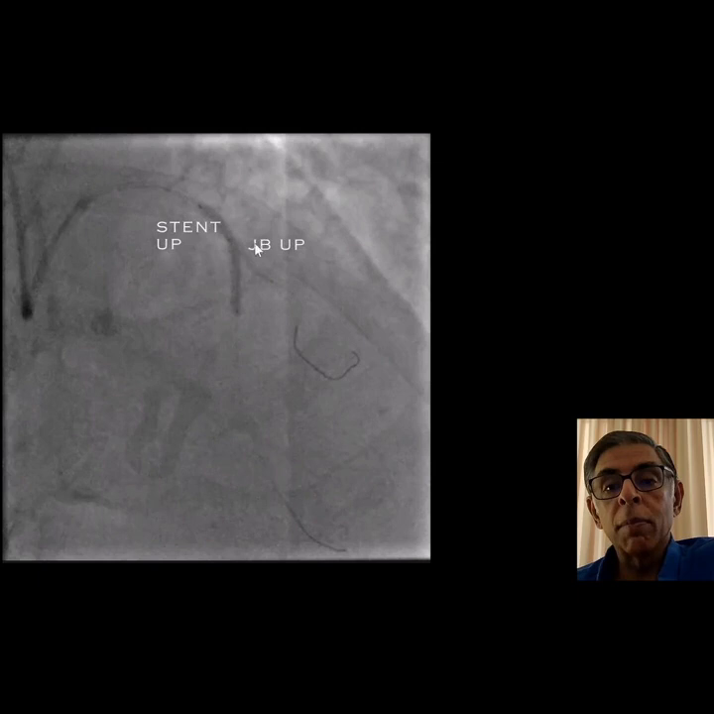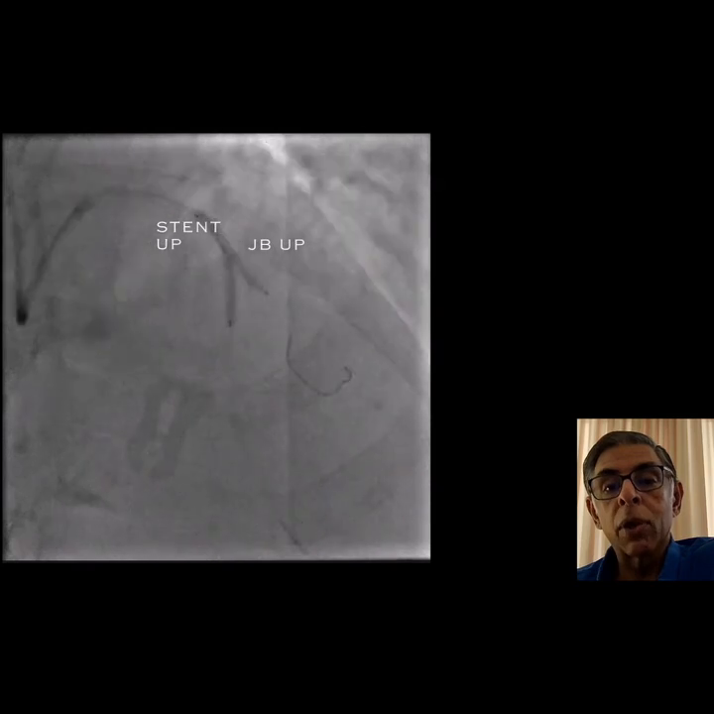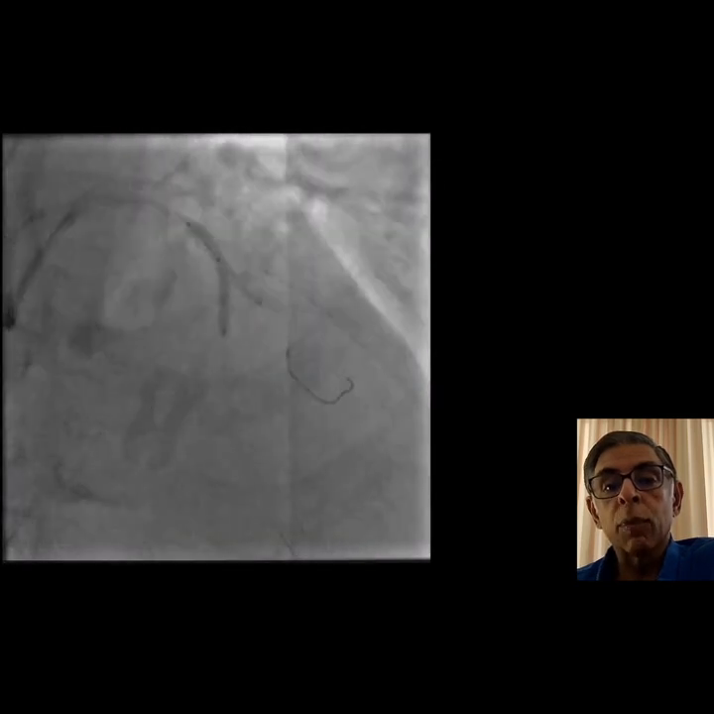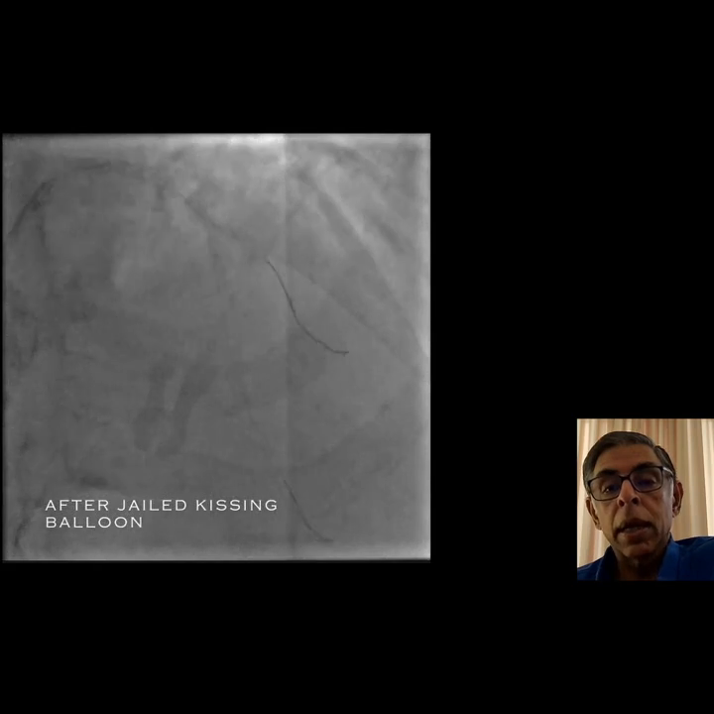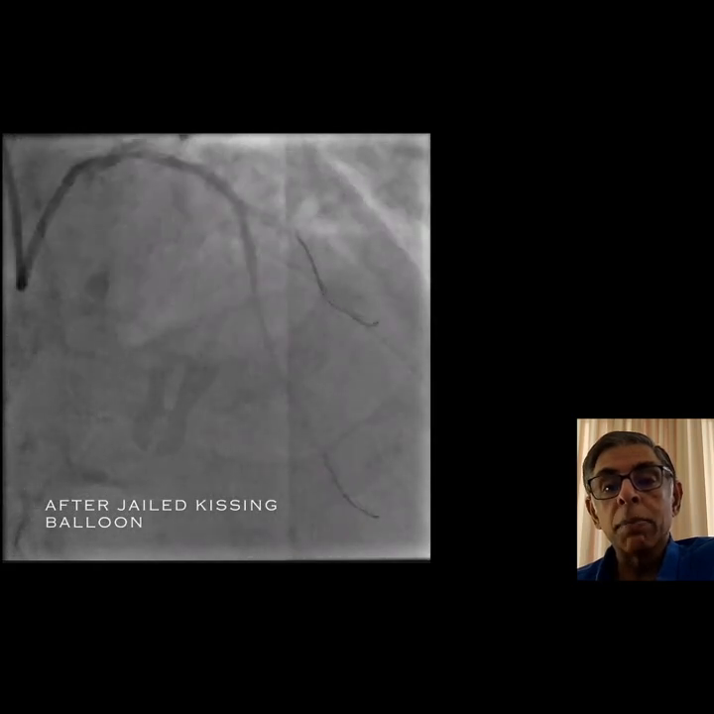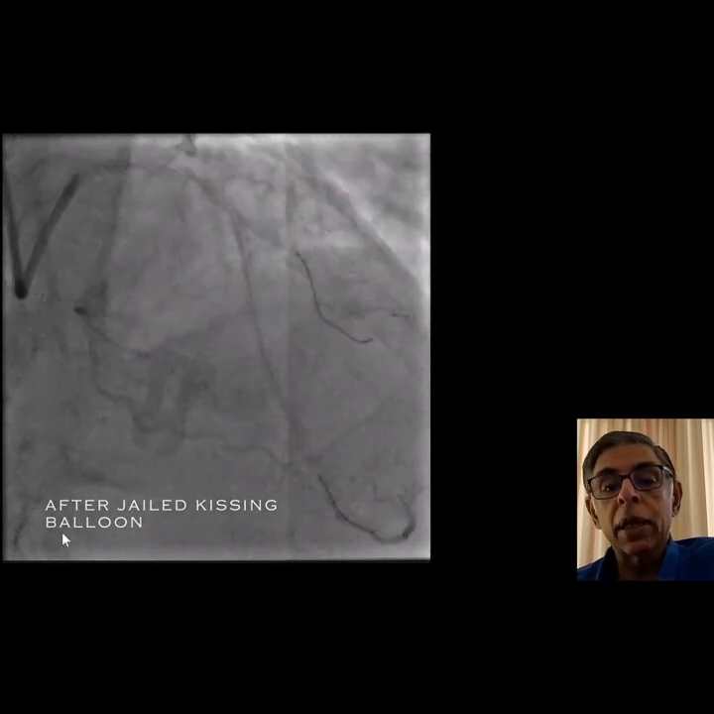Then at this point, both balloons come down, first the stent balloon and then the jail balloon, and then both balloons are pulled out. And this is what it looked like after we did that. I'll let it play. And you can see that after the jail balloon, reasonable flow in the diagonal, although not